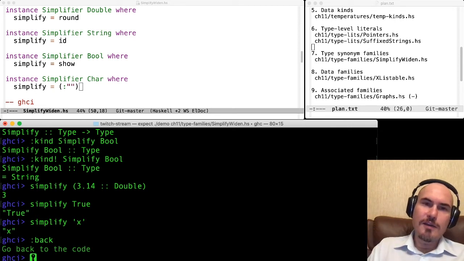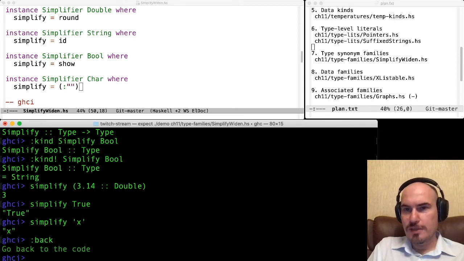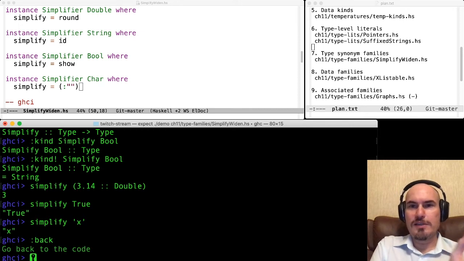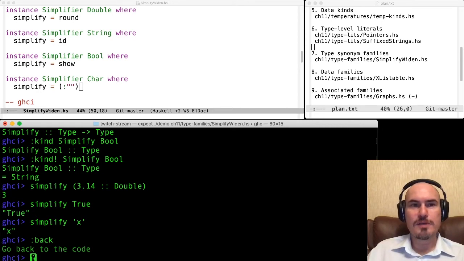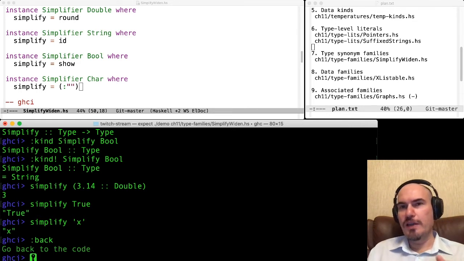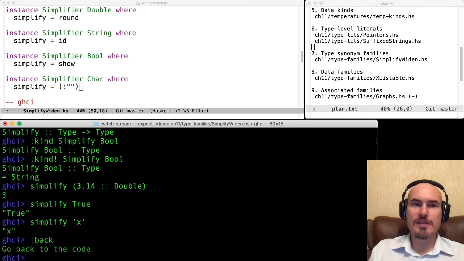So we've defined a type family and a family of functions over the term level. And now we can express one new thing, simplification, at the level of types and at the level of values. And look, this simplify type family and simplify functions are connected with each other. They follow each other. They work in concert at the level of types and the level of terms. This is what can be done using type families in Haskell.